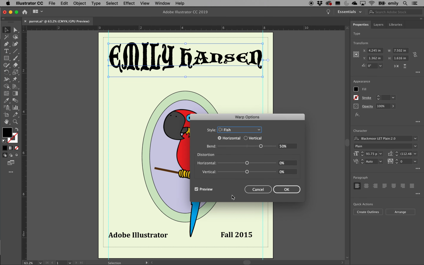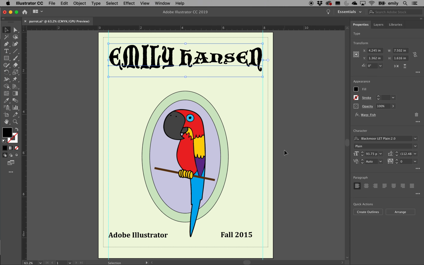I always think that the fish is kind of cute. And then it has options below it as well, so if you want to play around with it more, you can, and do that kind of stuff. When you're done, hit OK. Check that it's still within the guidelines here. Some of you might have picked one that has made it larger than the guidelines. If that's the case, you want to shrink it back down. I don't want your name touching the edge of the project, okay?